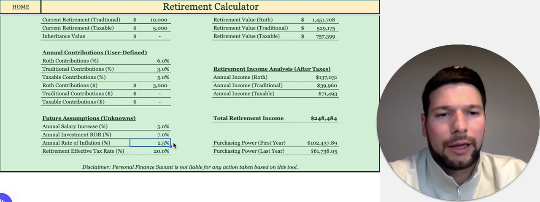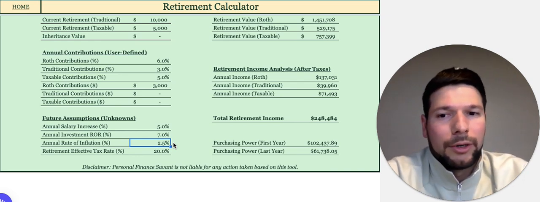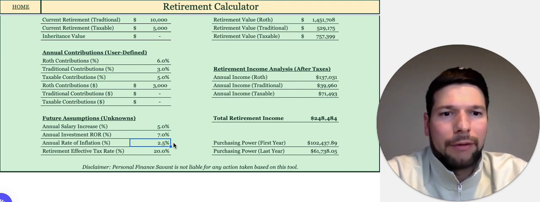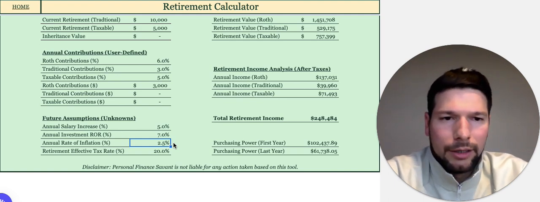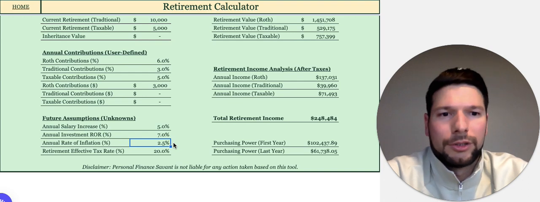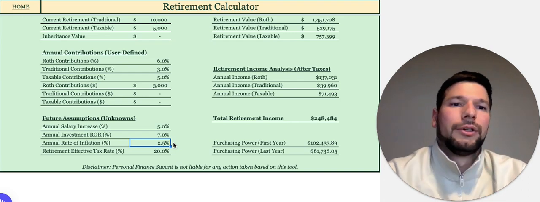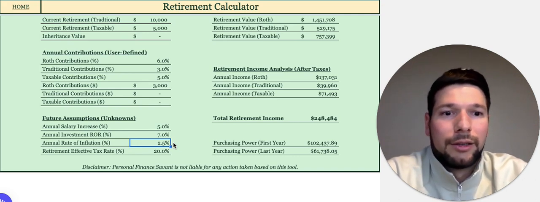What do you expect the annual rate of inflation to be? And this is incredibly important as well, because when you look back over time, inflation typically has been in that 2.5% range. And what that means is every year, the goods that you're buying, the fuel you're putting in your car, the groceries you're buying, your home and shelter costs, that entire bucket of goods has gone up about 2.5% per year. So what that means is if you had